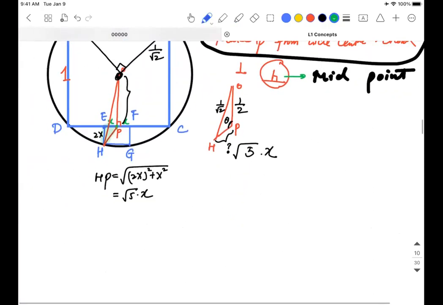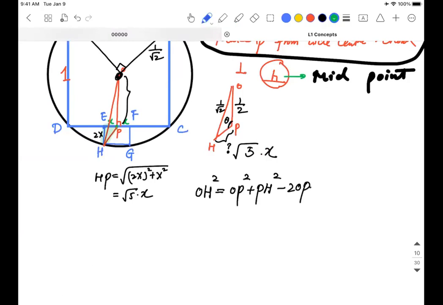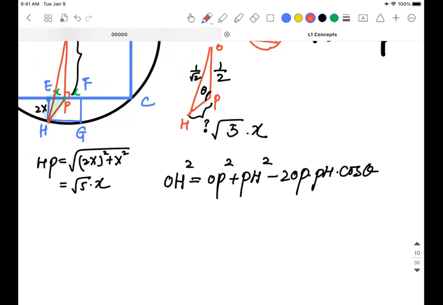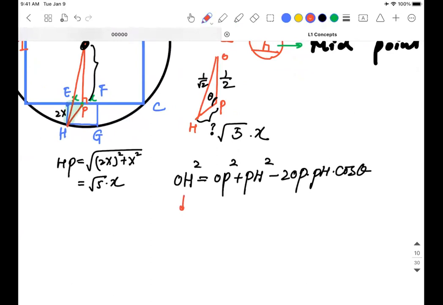I'm going to do OH squared equals OP squared plus PH squared minus 2 OP PH cosine theta. Okay, I'm going to plug in the values. So OH is 1 over 2, under root, perfect square. OP is 1 over 2, perfect square. PH is your 5x squared, and root 5x, cosine theta. Now,